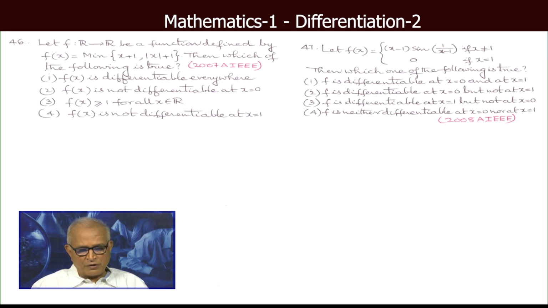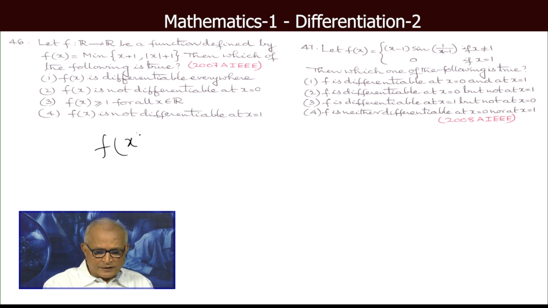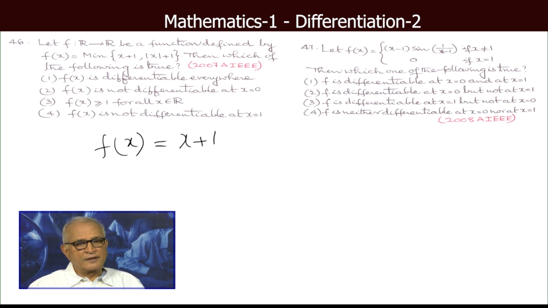46. Let f: R → R be a function defined by f(x) equal to minimum of x plus 1, mod x plus 1. Then which of the following is true? ఎక్స్ పాజిటివ్ అయితే x plus 1 అన్నా mod x plus 1 అన్నా ఒకటే కదా. సో ఎక్స్ పాజిటివ్ అయితే f(x) ఈక్వల్ టు x plus 1నే, రెండు మినిమం సేమ్ బికాజ్ బోత్ ఆర్ x plus 1. ఎక్స్ నెగిటివ్ అయితే